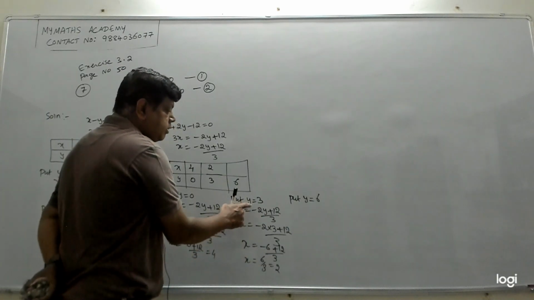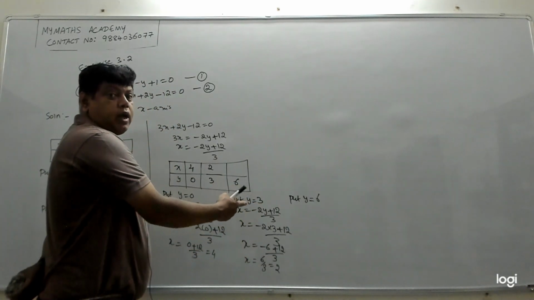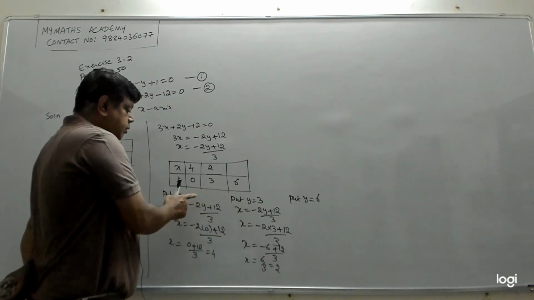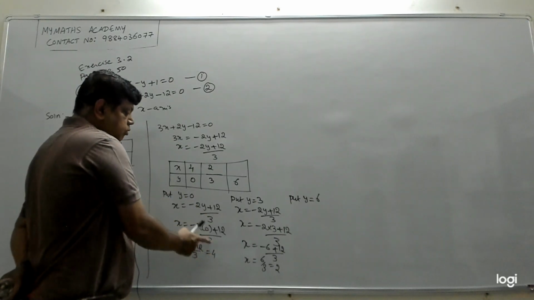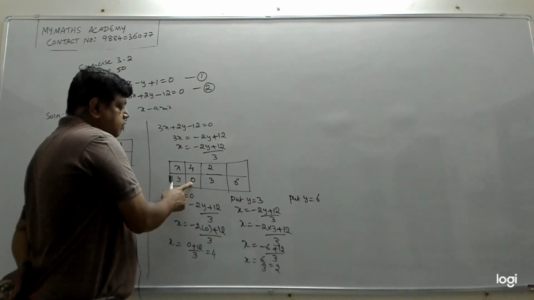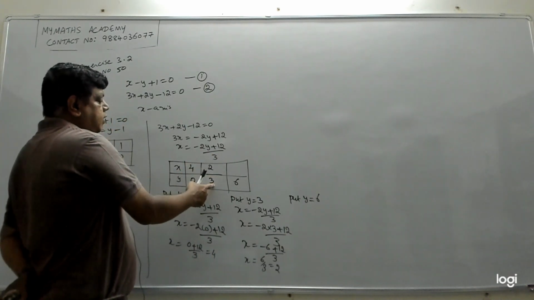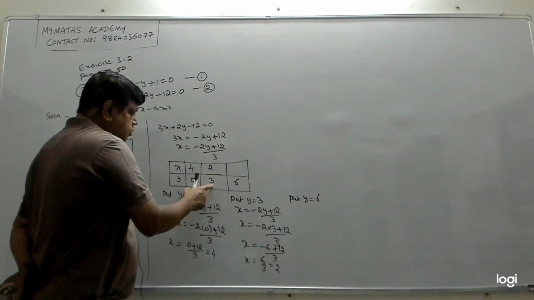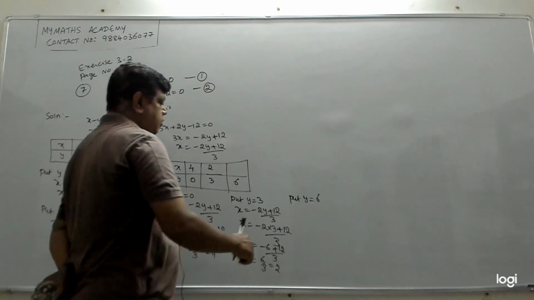Why we did not get fraction? Because we substituted 3. How do I know why I have to substitute y equal to 3? I have to take the previous value, which gave me a nice value. To that previous value of y equal to 0, I should add the denominator, which is the previous value which I took. Add 3 to get the next value. Again to next get, take this value, add 3 to get 6. So put y equal to 6.